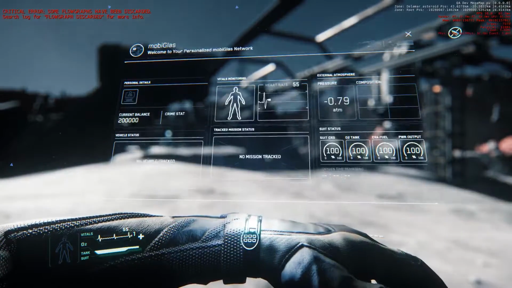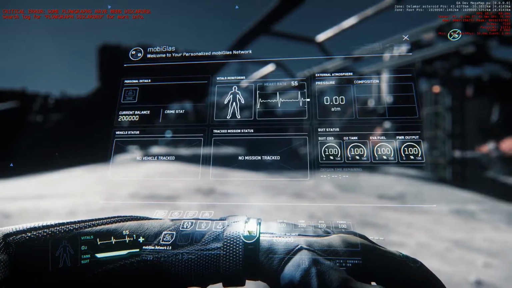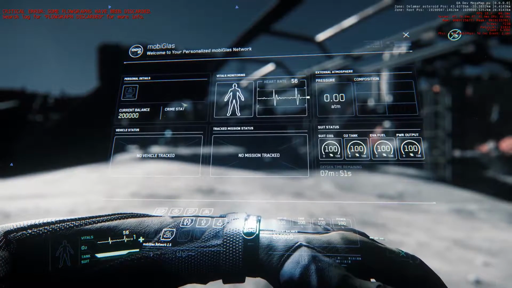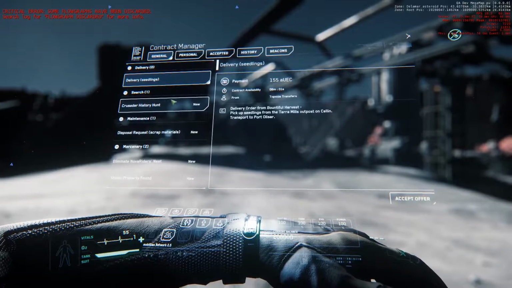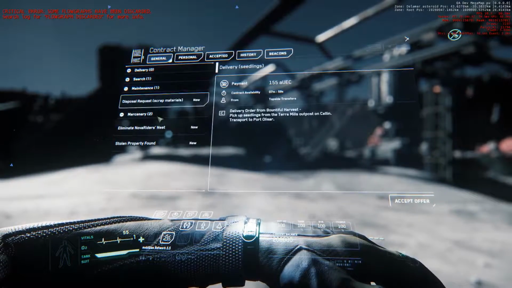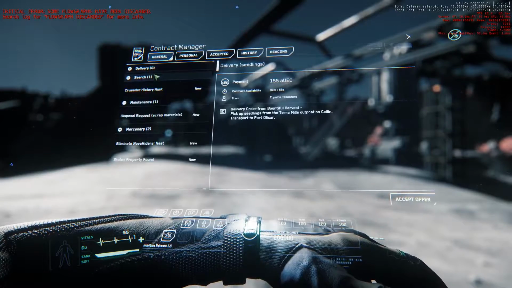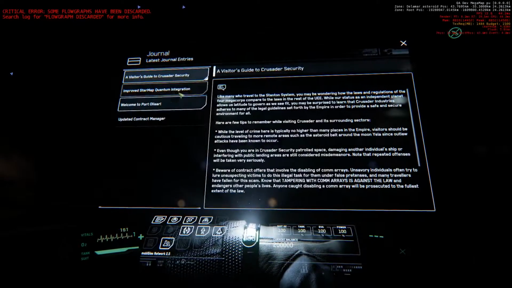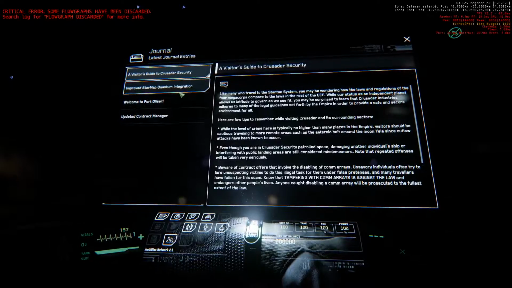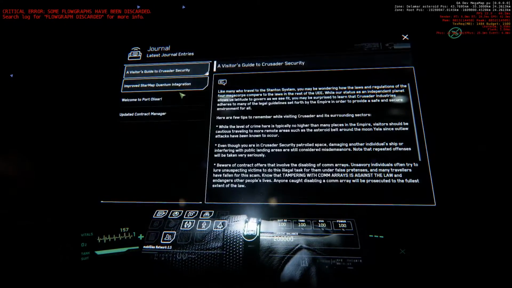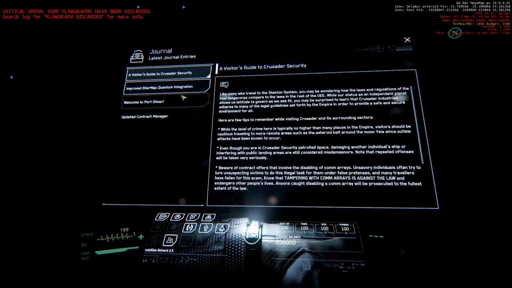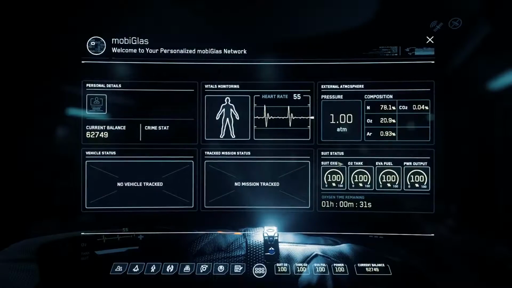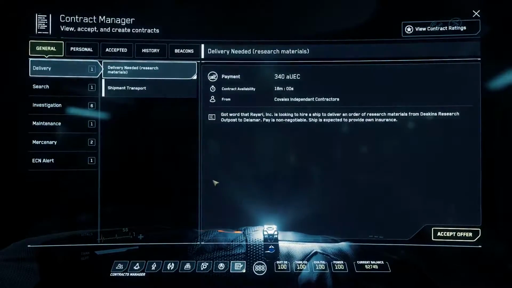In 3.0 we released the Mobiglas, just our first iteration of the new UI that we had envisioned for it. It was an improved version, but it still had a lot of issues in terms of usability, basically how it fit in the world, and some issues with your mouse cursor. When you breathe, you would run into these issues where your mouse would be on the button at one point and then be off and then be on again just because of the breathing. So we took a look at some solutions to fix that, and what we have now is a much more